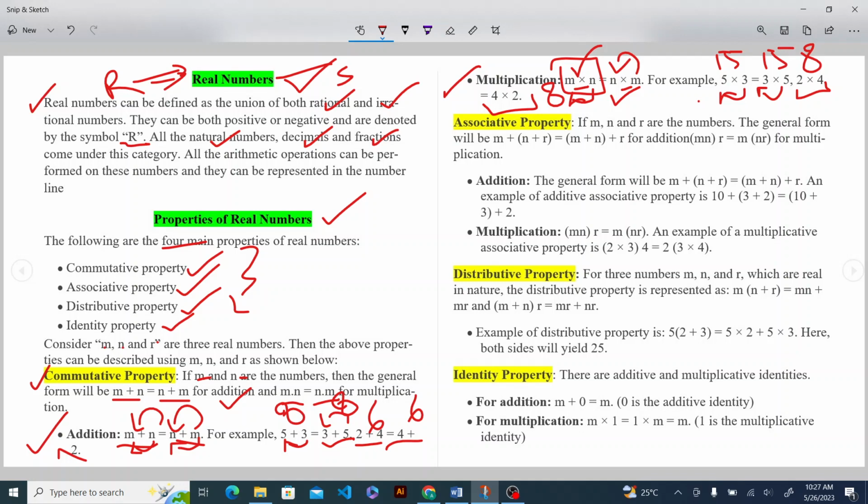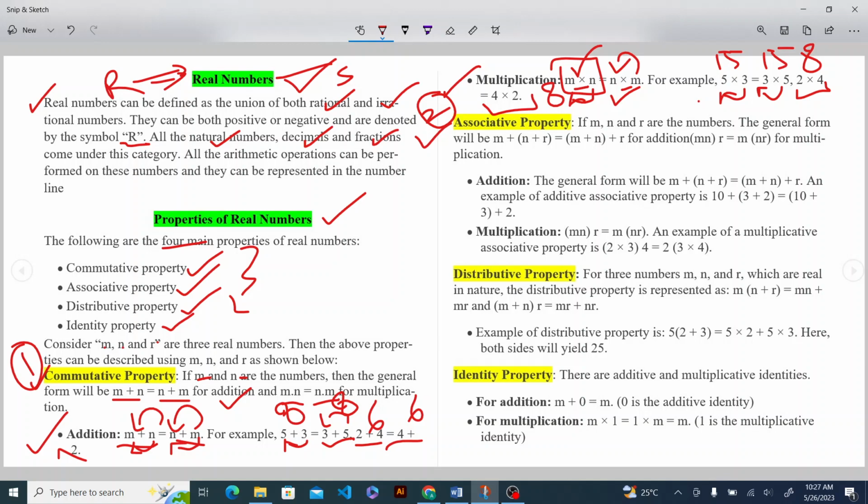Now we have the second property of real numbers, that is the associative property. The commutative property was the first one. Now we are going to do the second, the associative property. Okay, let's read the definition. The definition for the associative property is, if m, n and r are real numbers, the general